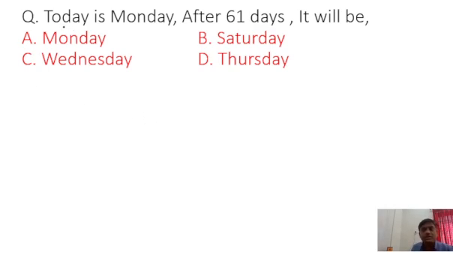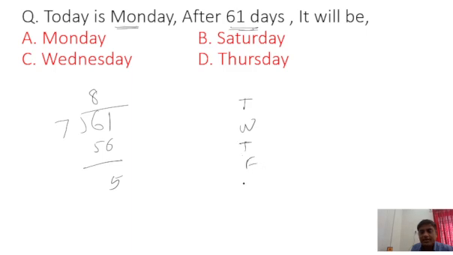The question said: if today is a Monday, what day will it be after 61 days? In 1 week, 7 days are there. So we divide 61 by 7. 7 8s are 56. So the remainder is 5, which means after Monday, the fifth day: Tuesday, Wednesday, Thursday, Friday, and